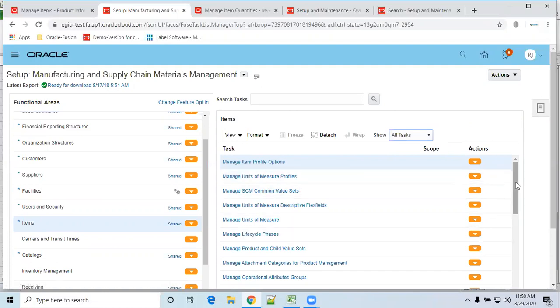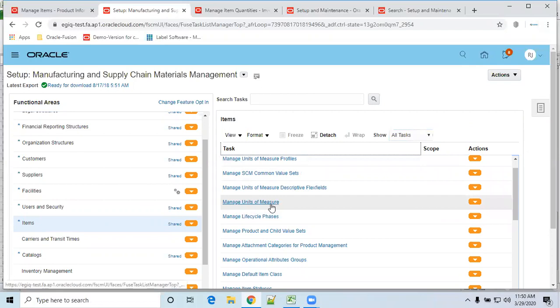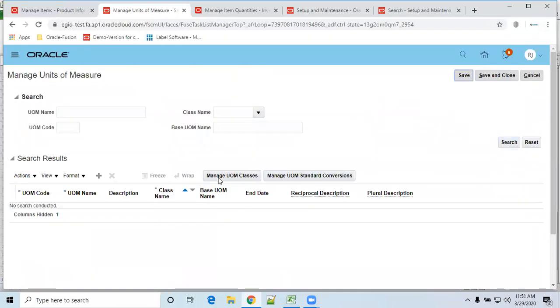The unit of measure we have already seen. In the unit of measure, what tasks have we covered? UOM classes and UOM standard conversions.